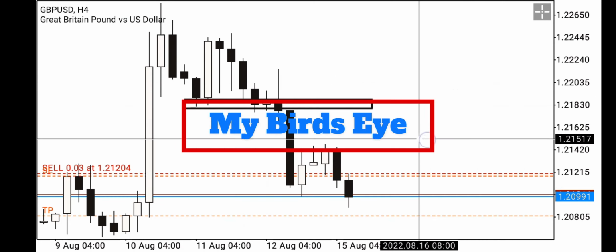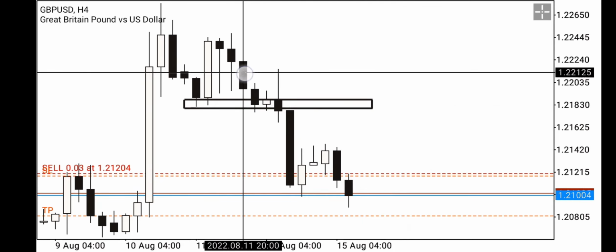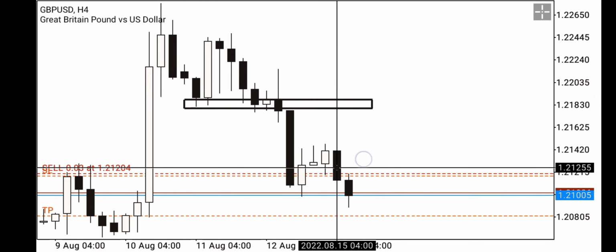I need to see what's happening from the larger time frame, and then I move down to look for my entry, an earlier entry, if that makes sense to you. So it violated these previous highs. I was expecting it to come back and retest. It didn't, but this morning